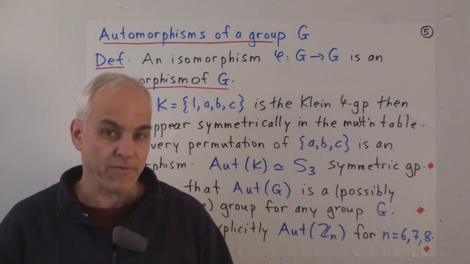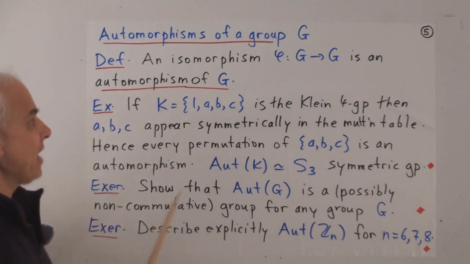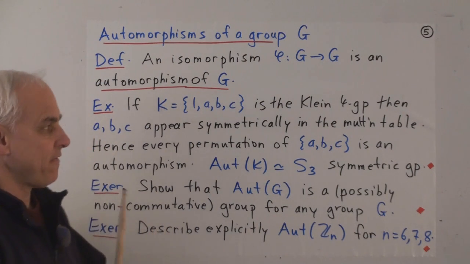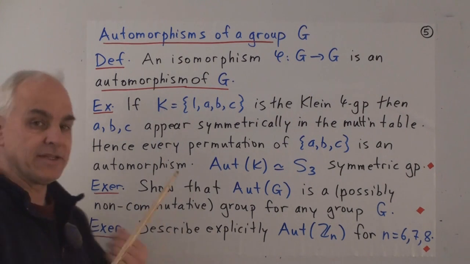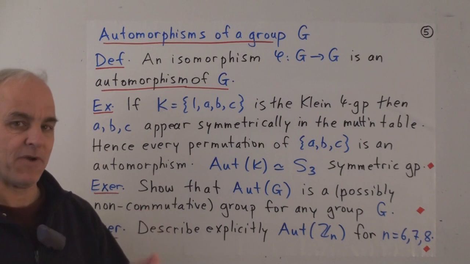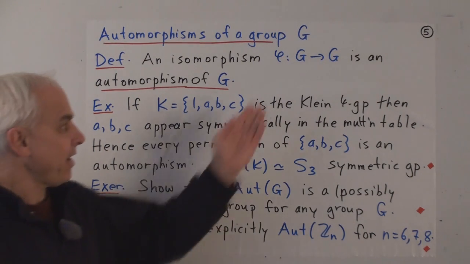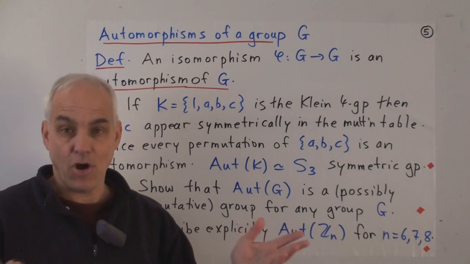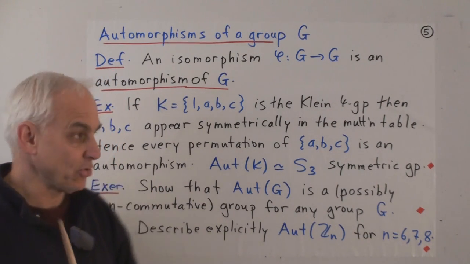So while we're talking about isomorphisms, let's briefly mention automorphisms. These are isomorphisms from a group to itself. So a function from a group to itself is an automorphism if it's an isomorphism of groups. In other words, if it satisfies the 3 basic properties of an isomorphism. The identity mapping, which just takes every element to itself, is always an automorphism, automatically. But there can be other automorphisms too.